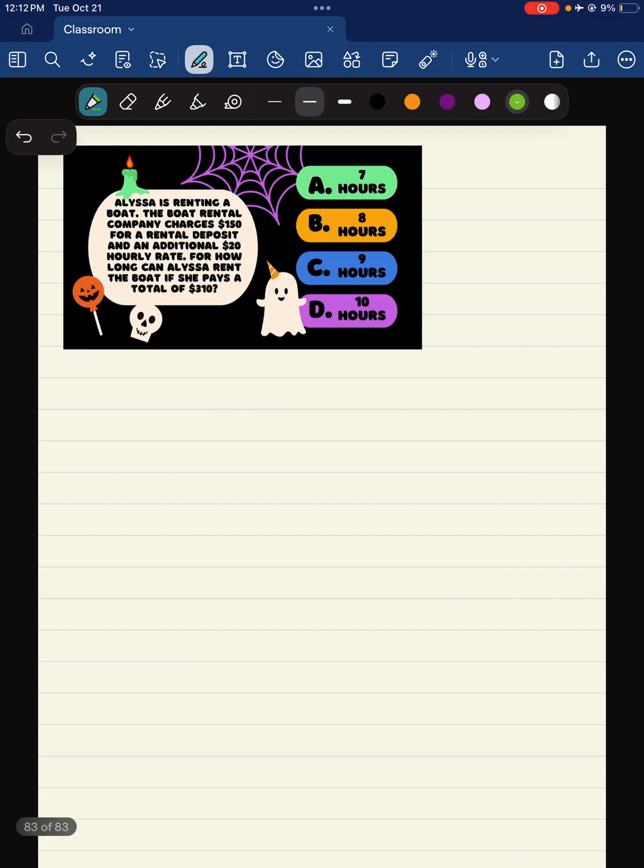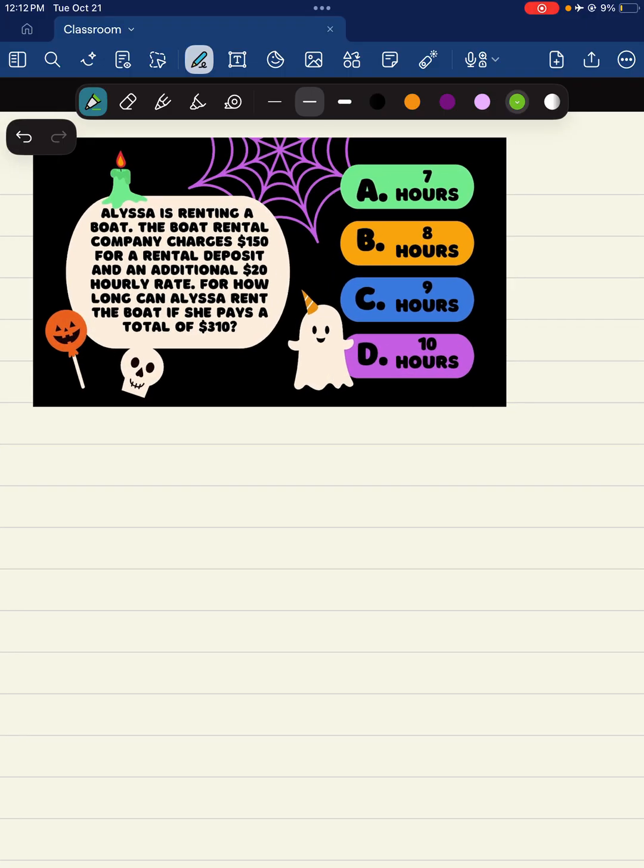All right, last question here. So this says, Alyssa is renting a boat. The boat rental company charges $150 for a rental deposit and an additional $20 hourly rate. For how long can Alyssa rent the boat if she pays a total of $310? So here's what we're going to do. We're going to start by making our equation. So what is my y-intercept? Remember, we're looking for y equals mx plus b. So what would my b be? My y-intercept would be 150,